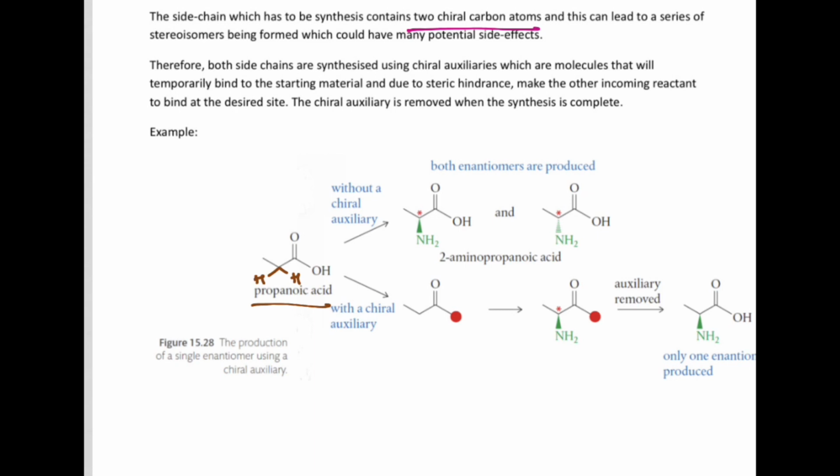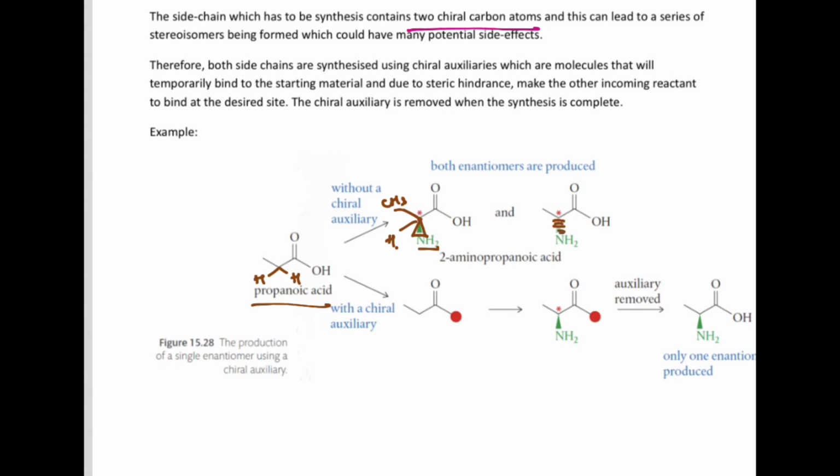Because this carbon now is attached to NH2, COOH, CH3, and H, it becomes a chiral center, a carbon attached to 4 different groups. Now, you can have 2 enantiomers, one where the NH2 is in front,